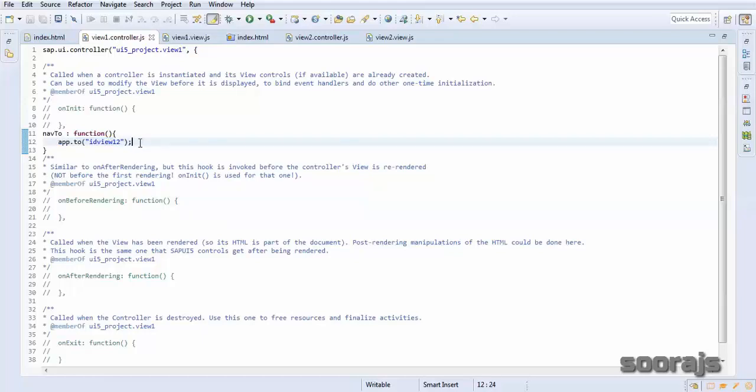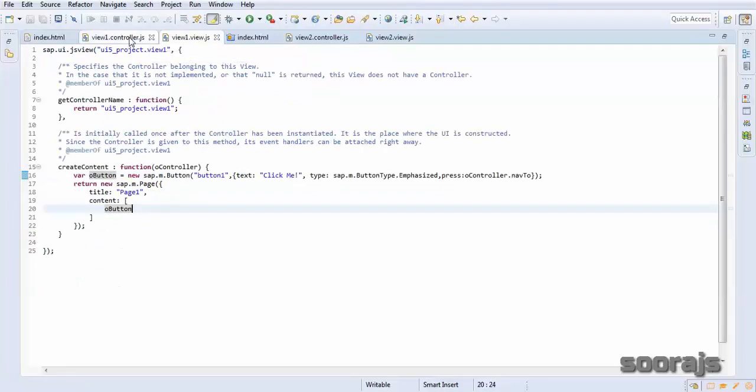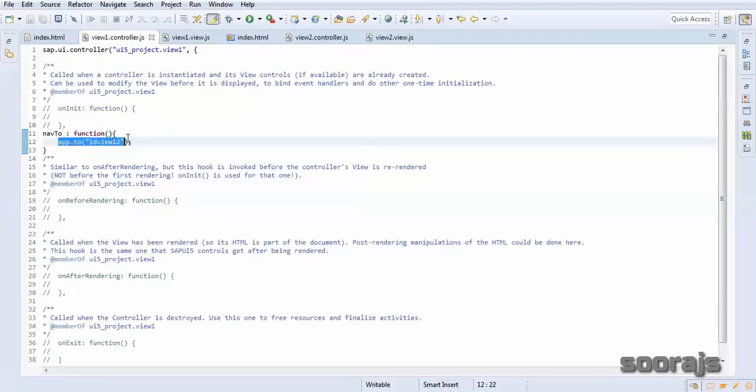But in some cases, this app does not necessarily need to be in the index.html page. It can be in a different view. Okay, to decrease the load in the index.html page, you don't write all this in the index.html page. You write it in a different view and create the load there. In that case, how do you navigate? Because app.to does not work in that case, because in index.html it acts like a global variable. Okay, so in the other cases, what you need to do is,